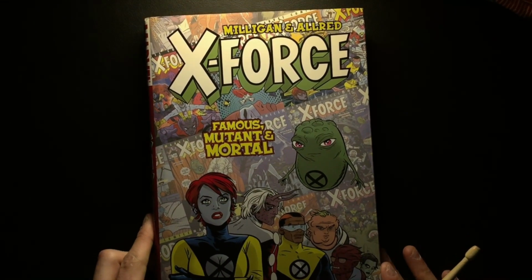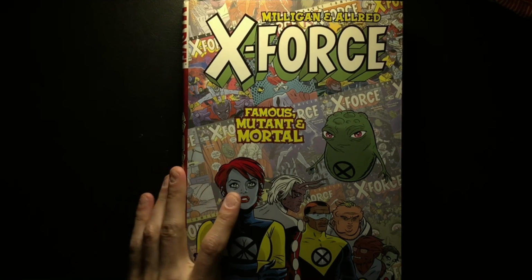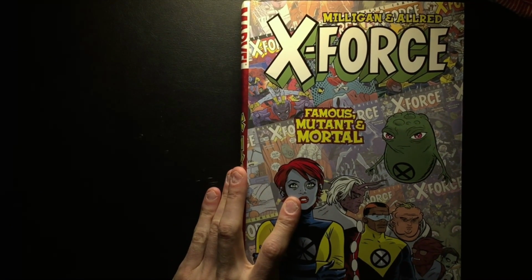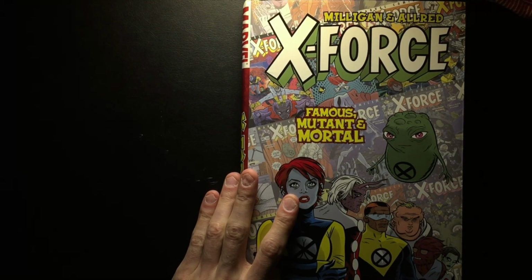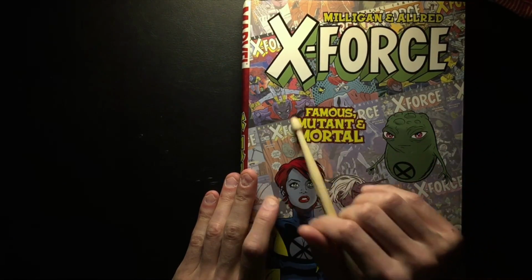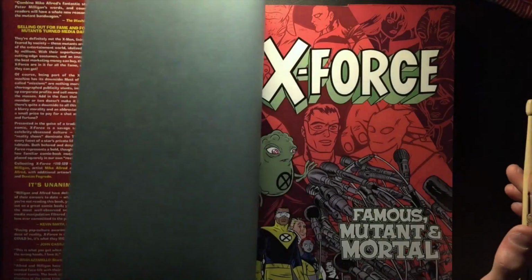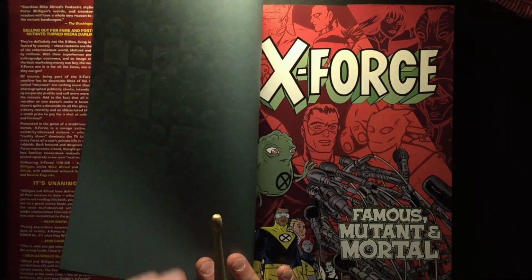Next, for those of you who might be interested in Marvel comics, but in a more alternative style, this is Peter Milligan and Mike Allred's X-Force. I feel like this story is actually more relevant today than when it came out,